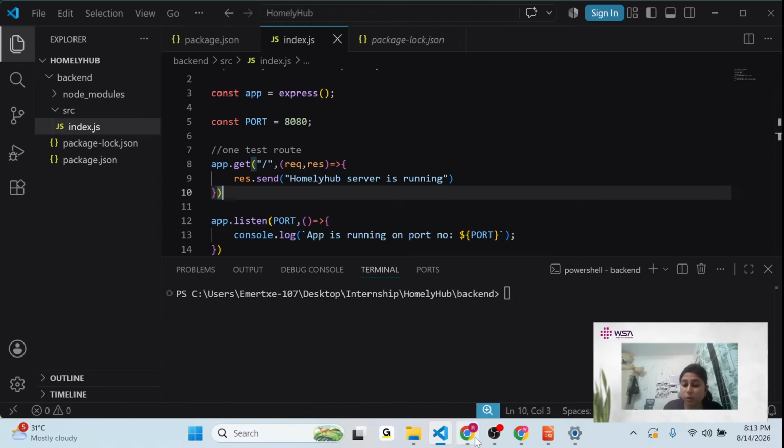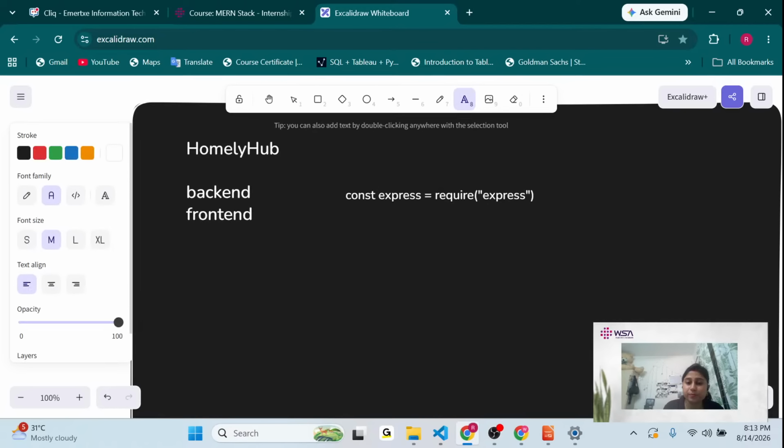So first of all, what is this arrow? If anyone doesn't know, let me tell you. It's a function. There are two ways to write a function. The first way is the normal way: function, function name, then you give the curly braces and write whatever code you want. Understood, everyone? The second way, which we are also using, is the arrow function. So you write the function name or use the arrow function like this, and the above code you can write like